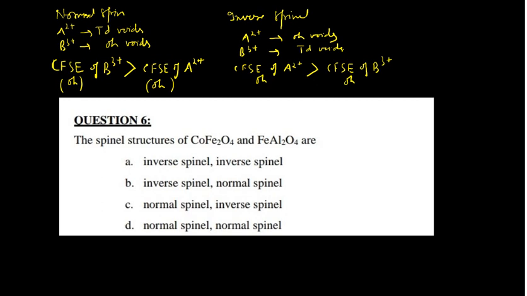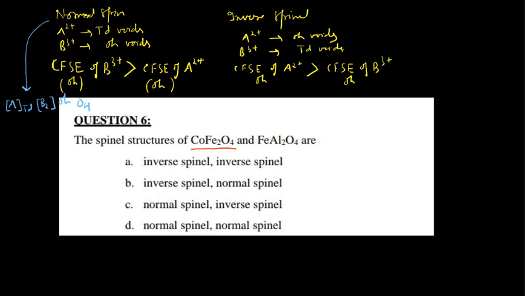If you apply the same formula for a normal spinel, I can write here A in the tetrahedral voids, and your B2 would be in the octahedral voids, and of course the oxide ions would be there. This is how you can check. Now you can go for this particular example.